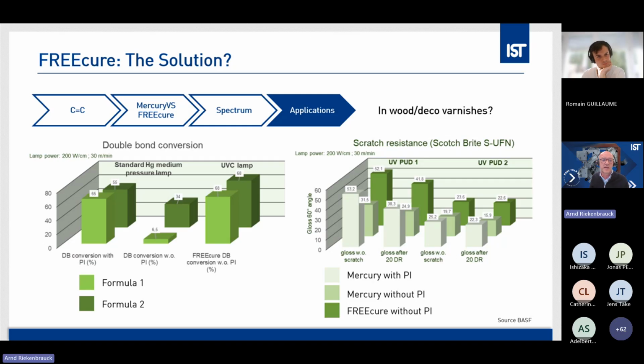When taking out the initiator with a normal lamp, we reach 6.5 and 34, which is way too low. And in taking out every initiator and curing with a FREEcure lamp, we top the conversion degree that we initially had with photoinitiators. So these have been the first results